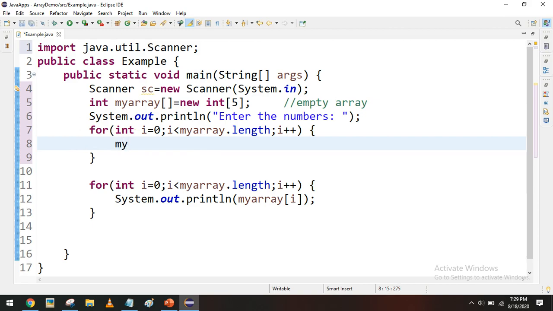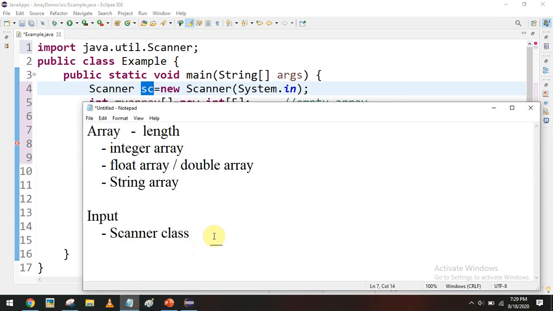Inside we can store each and every data. To store the data, first you access the array variable, then inside you assign an index, take the index i. In the Scanner class there are many functions. If you want to read integer data, you can use nextInt, and if you want to read floating point data, you use nextFloat. Similarly, there are many kinds of functions.